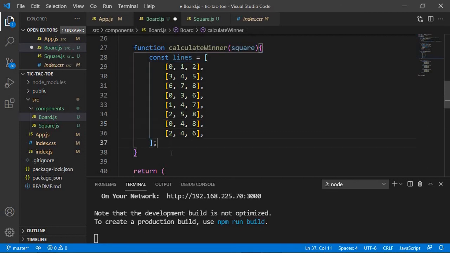So how are we going to do that? Let's go down here, and as I said earlier, we're going to loop through all of these 8 arrays. So we're going to use something called a for loop. So I'm going to say for,